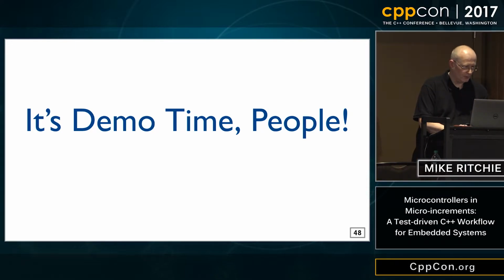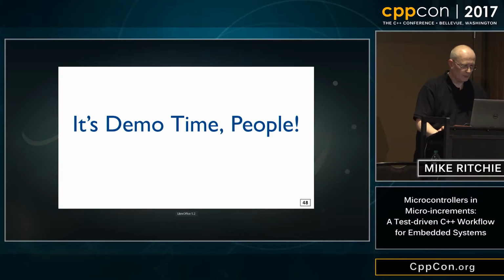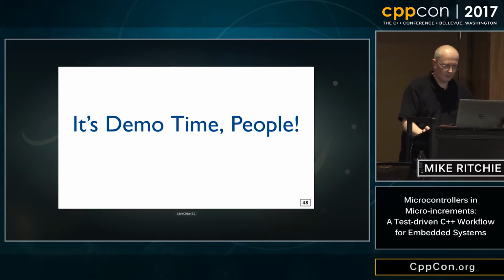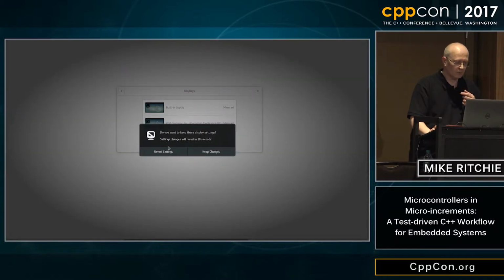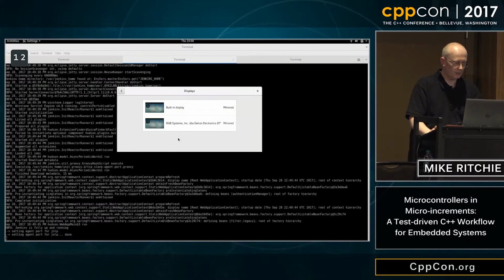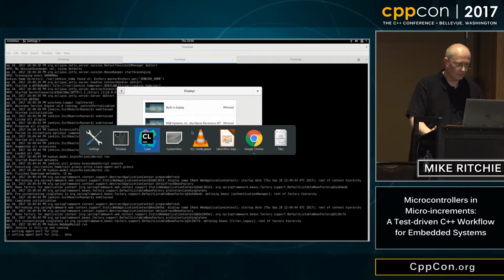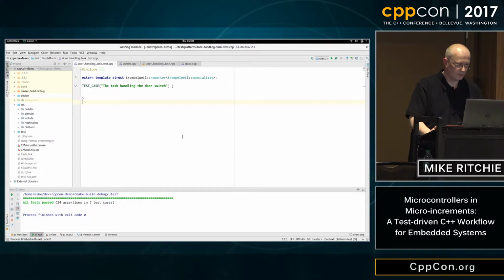So I am going to start my CI build, and I am going to try and unmirror the screen. Mirror. Let's see if this works. Okay, did that work? I think it did. Okay,